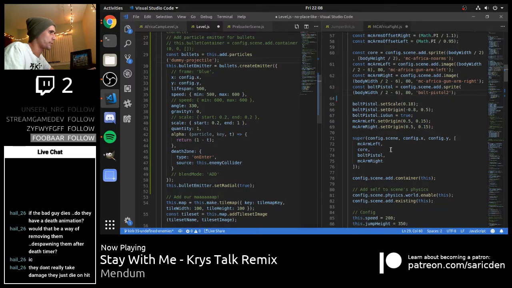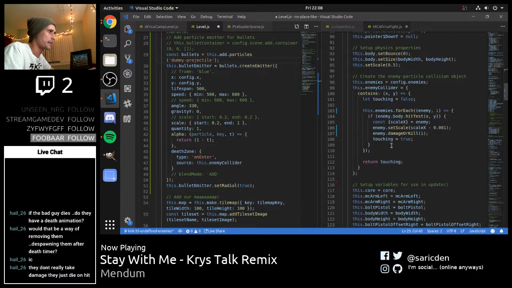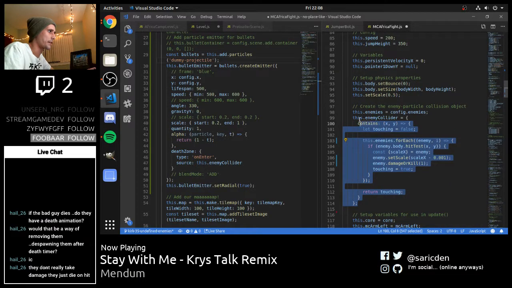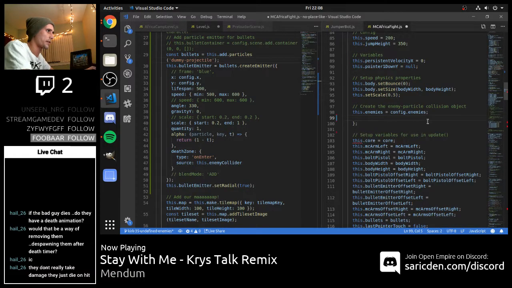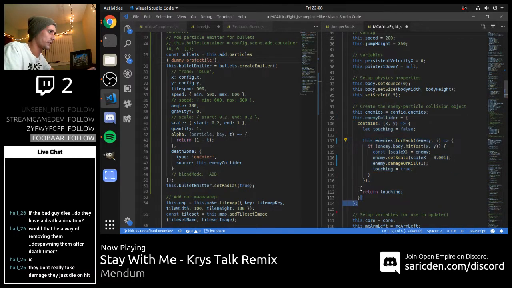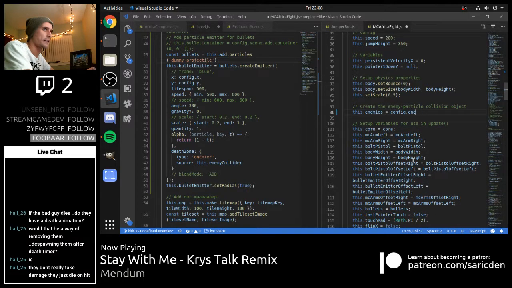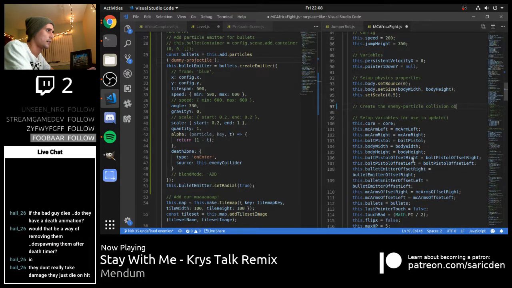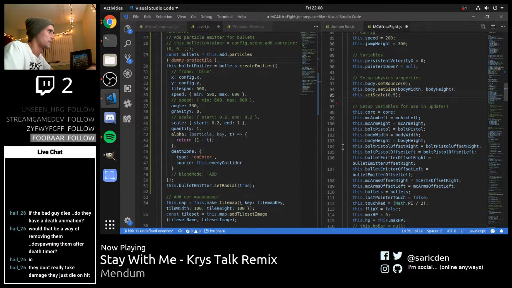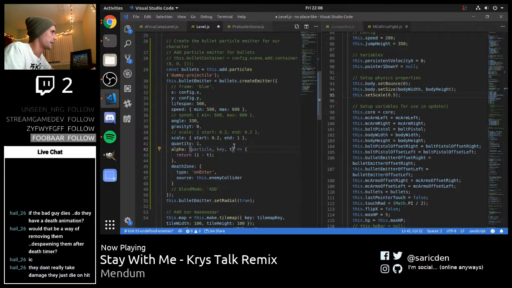Yeah, and then we need that enemy collider logic to be in here too, which is the hit test for the enemies. In fact, we're not going to need that assignment right there. Oops, we are going to need that brace though. So delete all that. Delete all that. Save that. And okay, now over here,